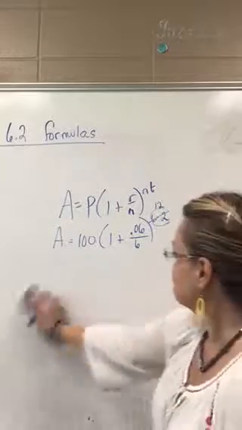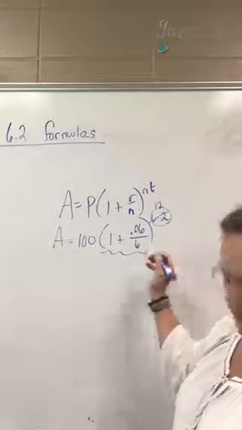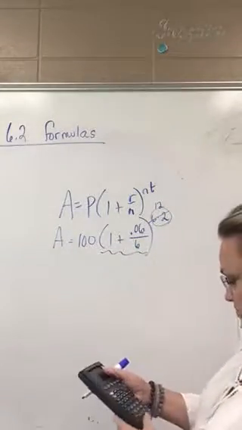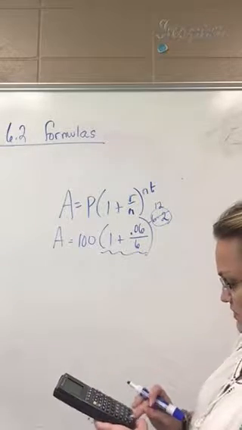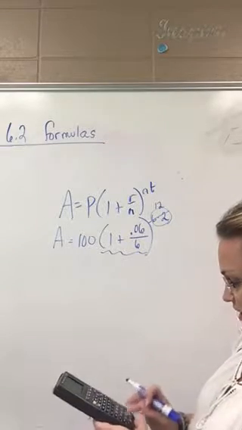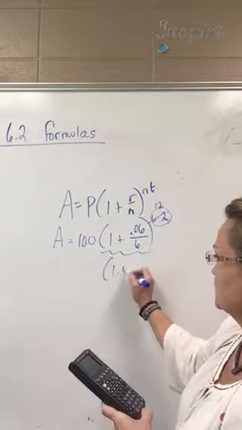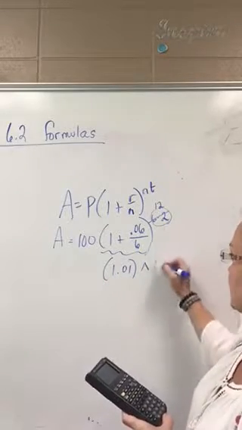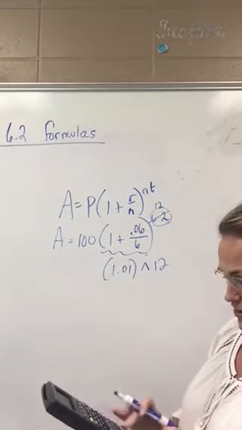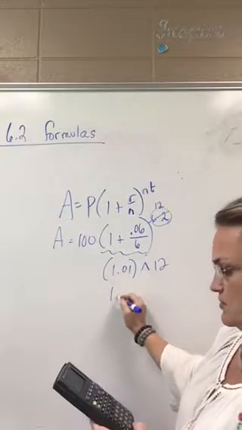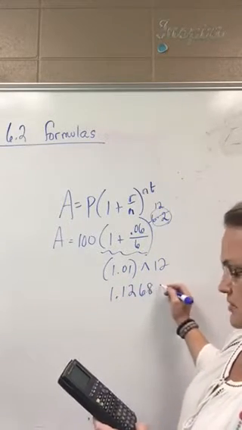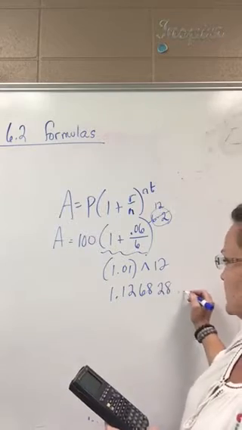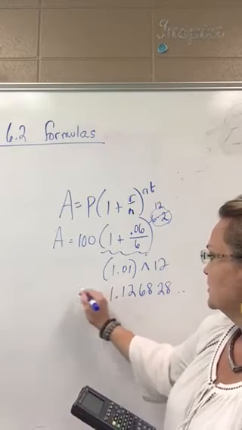So by hand, I would do what's in my parentheses first. I would type that in my calculator. 0.06 divided by 6, and then add the 1 is 1.01. I would need to take that to the 12th power with whichever operations are on your calculator. Put a lot of numbers down for these too. Don't round off too much until the very last